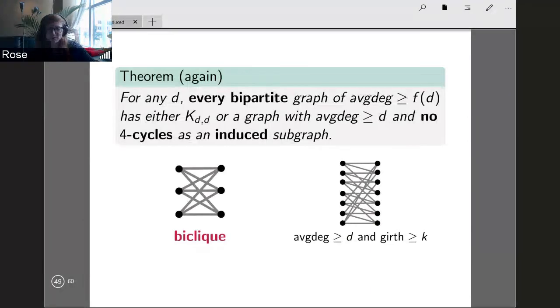So that proof was pretty easy. We were able to sort of just do it, and in general, it's a lot easier to take care of regular graphs. So it's going to be important here to say something about the general theorem, about how we can get rid of 4 cycles and induced subgraphs unless we have a big biclique. So I've just stated the theorem again. There it is, and there are the pictures for the outcomes. So I want to go through the proof of this a little bit, just sketch it.